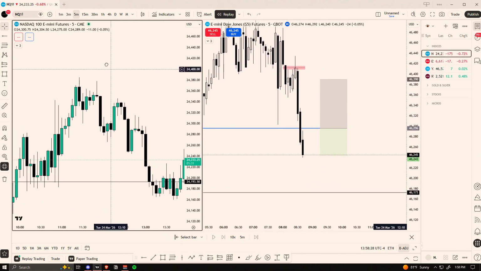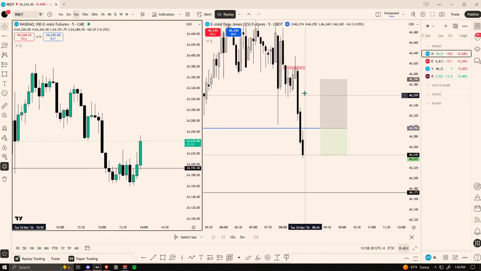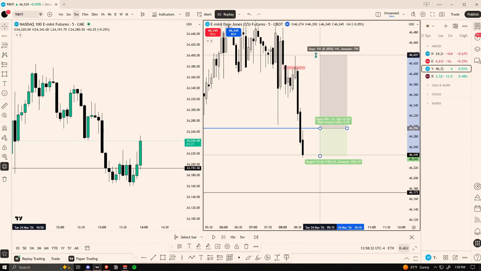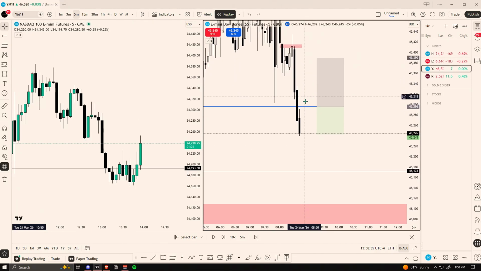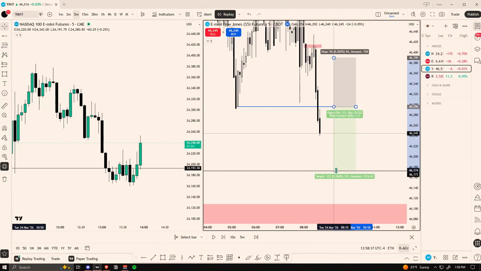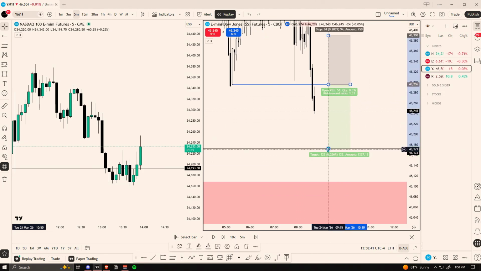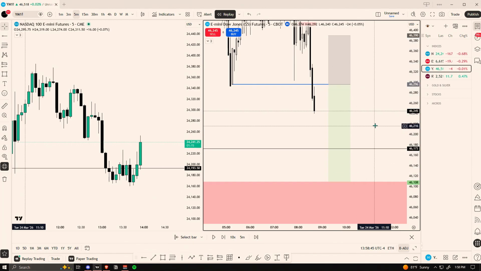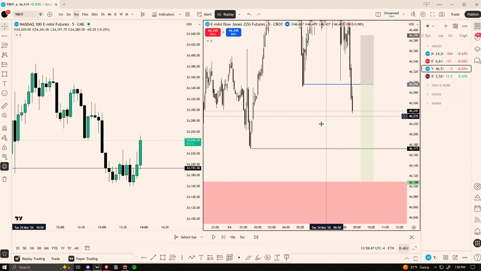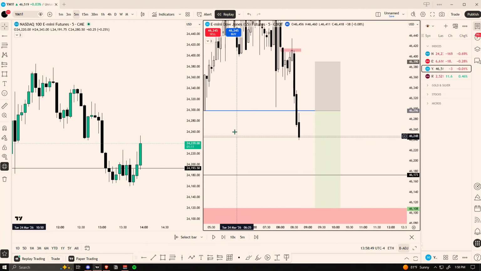Since I knew that I was shorting the weakest asset, I did not need to have my stop loss all the way up here, and I was able to get better RR that way. So as you guys can see, if I would have just targeted this low, that would have been a 1.3R. That is not something that I need to do or that I want to trade. So what did I do? I took profit at the new week opening gap, which is exactly 2R. And so I pretty much barely got filled.